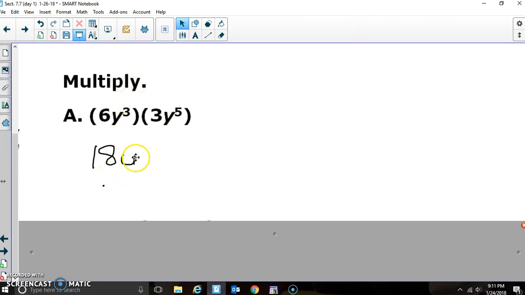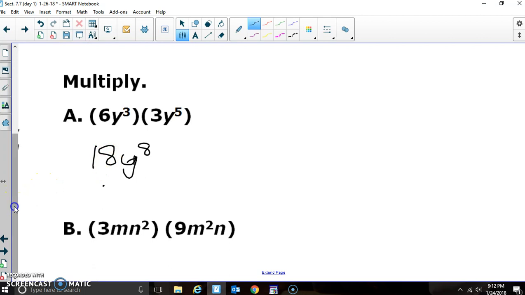That will be y to the 8th. Now there's nothing else you can do with this one. You're done. So 6y cubed times 3y to the 5th is 18y to the 8th. Now on the other one,